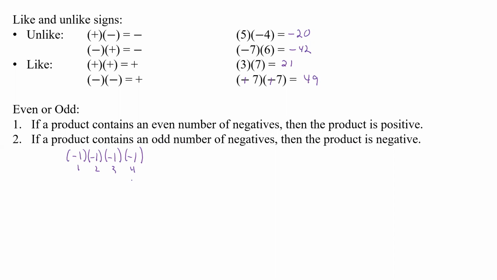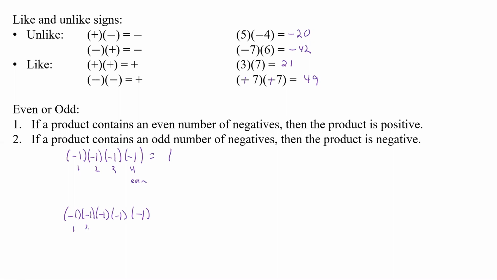And 4 is an even number. And so we know that a product of an even number of negatives is positive. So 1 times 1 times 1 times 1 is just 1, and it's even, and so it's a positive one. Whereas if we had, say, maybe -1 times -1 times -1 times -1 times -1, so